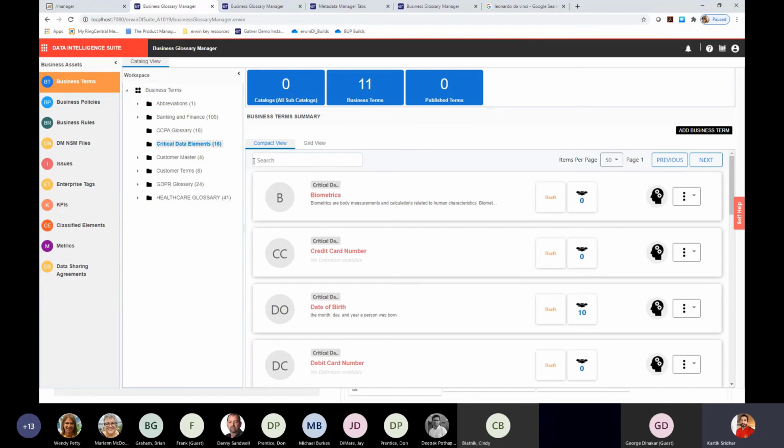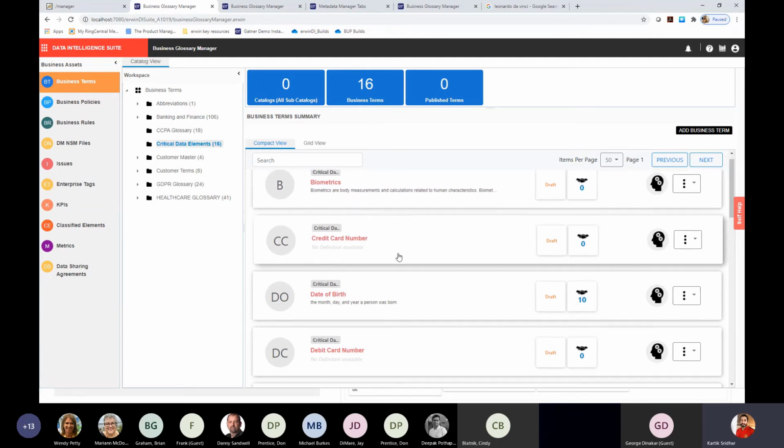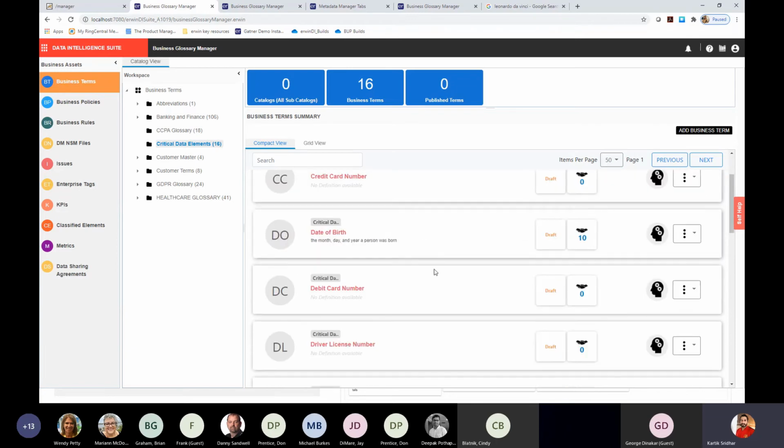So you'll be able to do that by just importing the packaged templates that will come with the product. And once you do that, you will then be able to use the AI match engine to automatically find matches on the technical side, so that you can automatically flag them as sensitive and also automatically link them to your technical elements. So once you've defined your technical data elements over here, like first name, last name, credit card number,